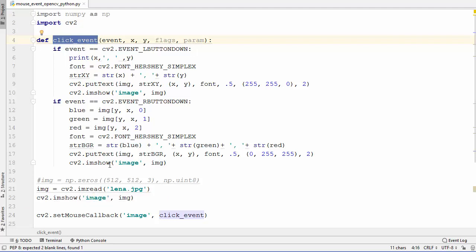So the first example I want to show is about drawing a point and then connecting points using a line.